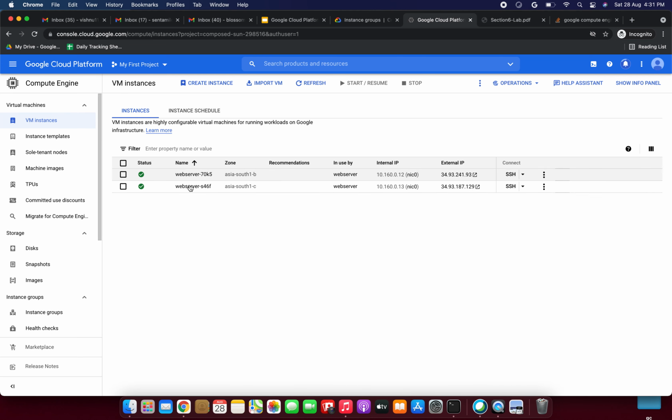Here we have created the web server with the name, and an arbitrary string comes automatically after it. The instances have been placed in two different zones, two different compute engine VMs in two different availability zones. So here we can copy this external IP and open it in a new tab. Just check it, friends, whether this web page is working or not.